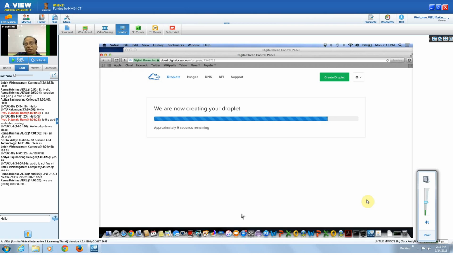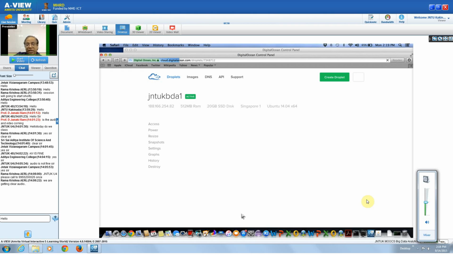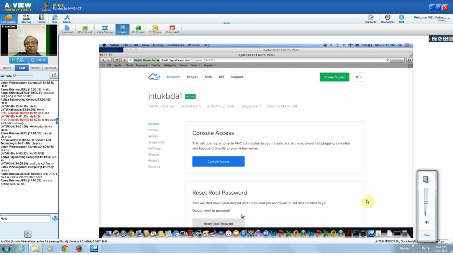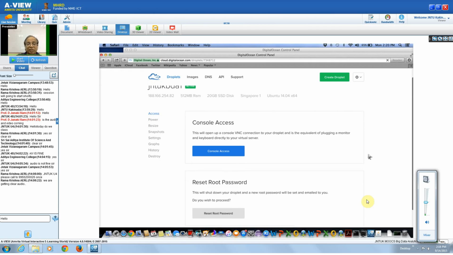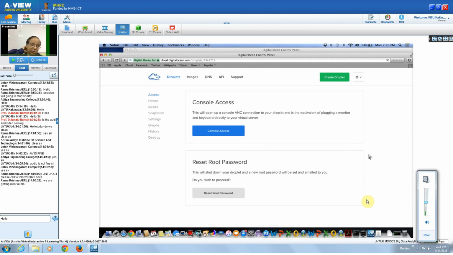And then I asked them to create the instance in Singapore. And then I just said, please give the access to me for this. Okay. Now this will give you the console access. Once you say I need a console access for this, you can just go to the console access. But before that, what I need to do is find out the